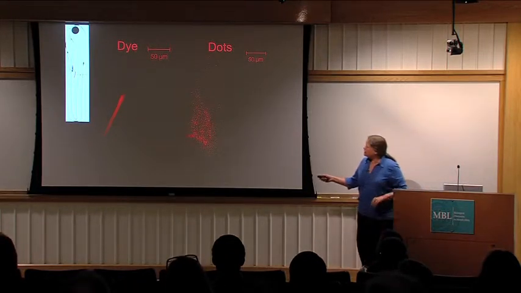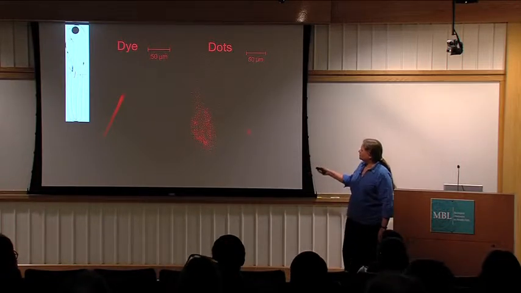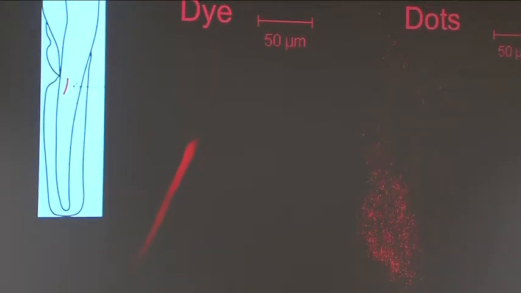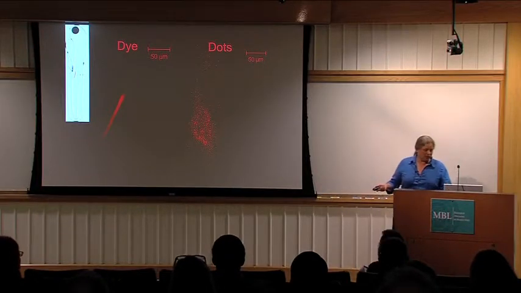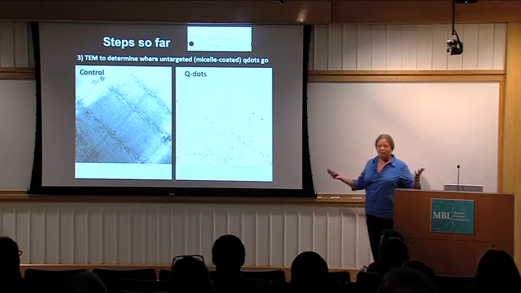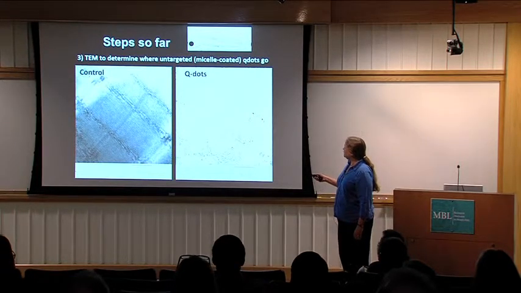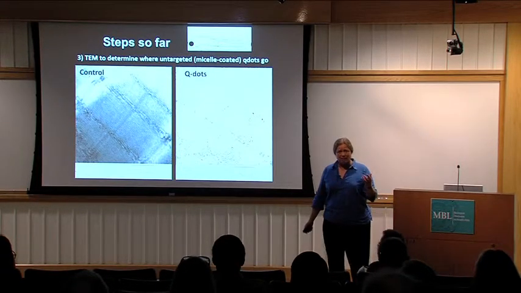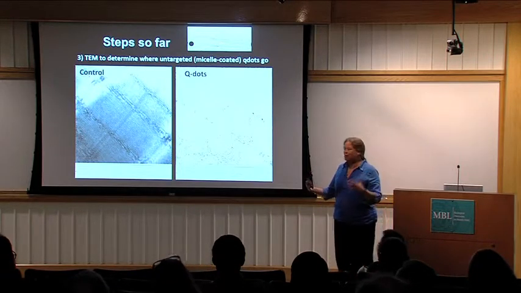The dyes tended to stay right in the single muscle cell. The quantum dots, which were the micelle-coated quantum dots that Juan was just talking about, tended to spread out more. But the wonderful thing about quantum dots is they're also electron dense, so we can look at them in TEM to see where they went. And what we found was that even those relatively large micelles did intercalate themselves, did diffuse down